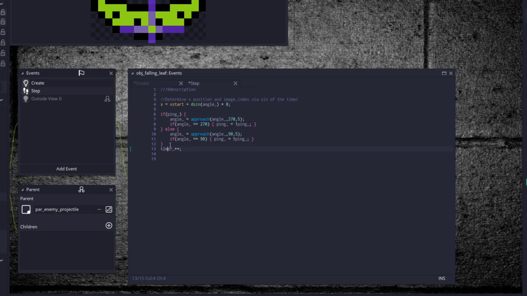Timer plus plus. If we are not ping, then angle equals approach angle to 90 by 5. Otherwise, if angle is equal to 90, then ping is equal to not ping. Then approach the angle to 270 by 5. And once it's equal to 270, flip-flop it back. And ping is just a variable name I chose at random there. So it just ping pongs back and forth between the different